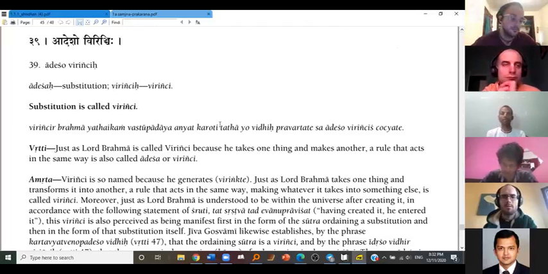For example, there are two types of annihilation: one at the end of Brahma's day, and one at the end of Brahma's life, two main annihilations. So something like that, hara and mahahara. Hara is just disappearance of something like the sun, but mahahara is like total annihilation, when the universe is reabsorbed into